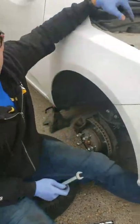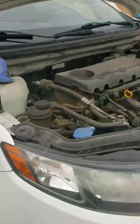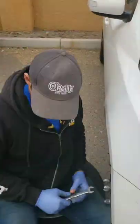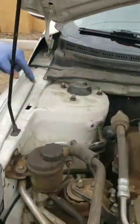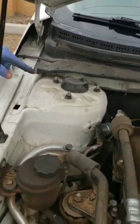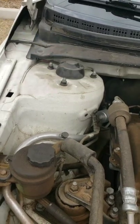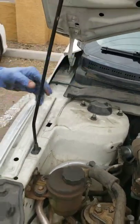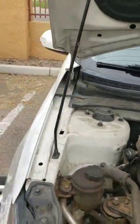Now we're going to go ahead and come up here to the top and remove these bolts. And I'll tell you guys in just a moment what size those bolts are. Alrighty guys, so now we're going to come up here at top. These three bolts are what needs to be removed, and it is a 14 millimeter. You can either use your socket on these two. It's going to be kind of tough to get it with a socket anywhere else, because these back two kind of impede with this cover. So I'm actually just going to use a wrench to make life easier. Let's go ahead and get these